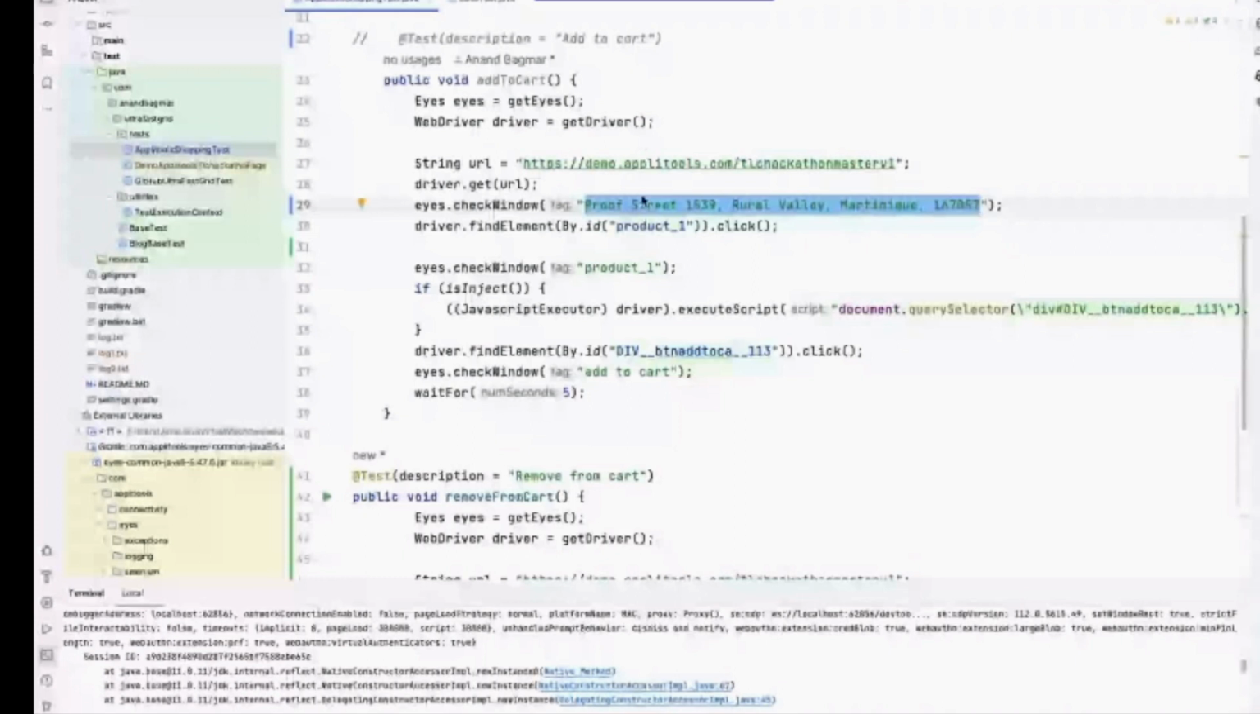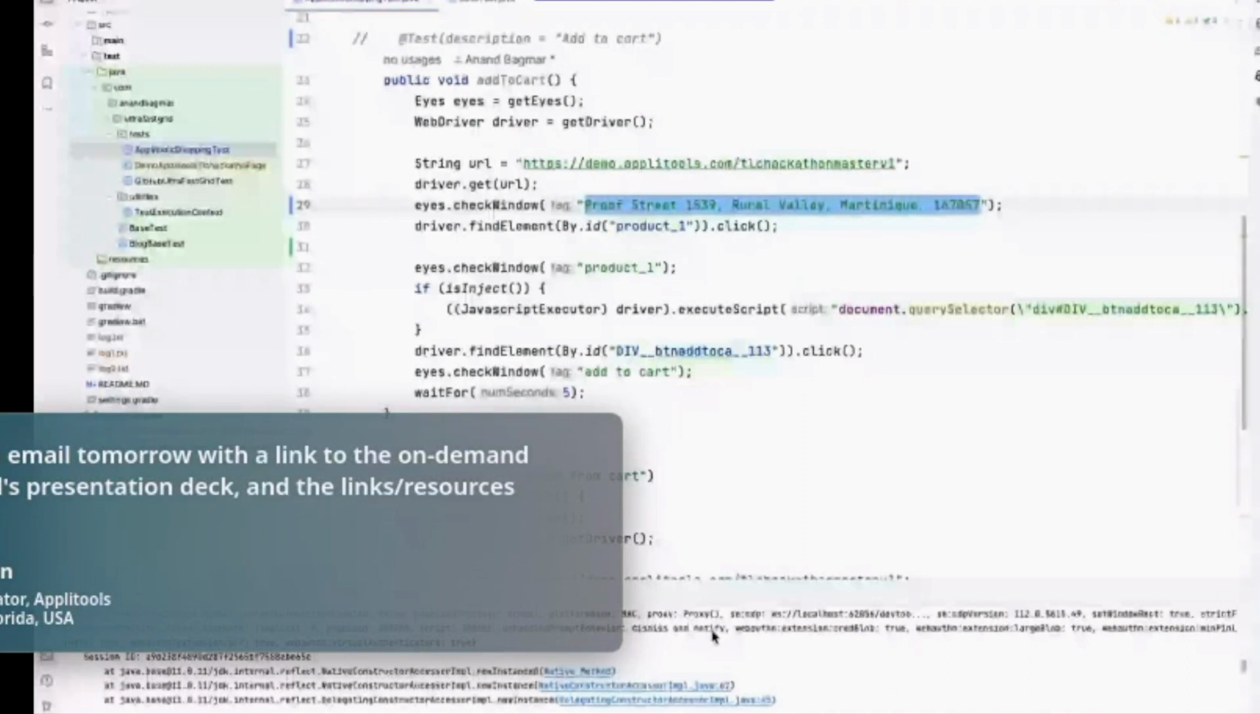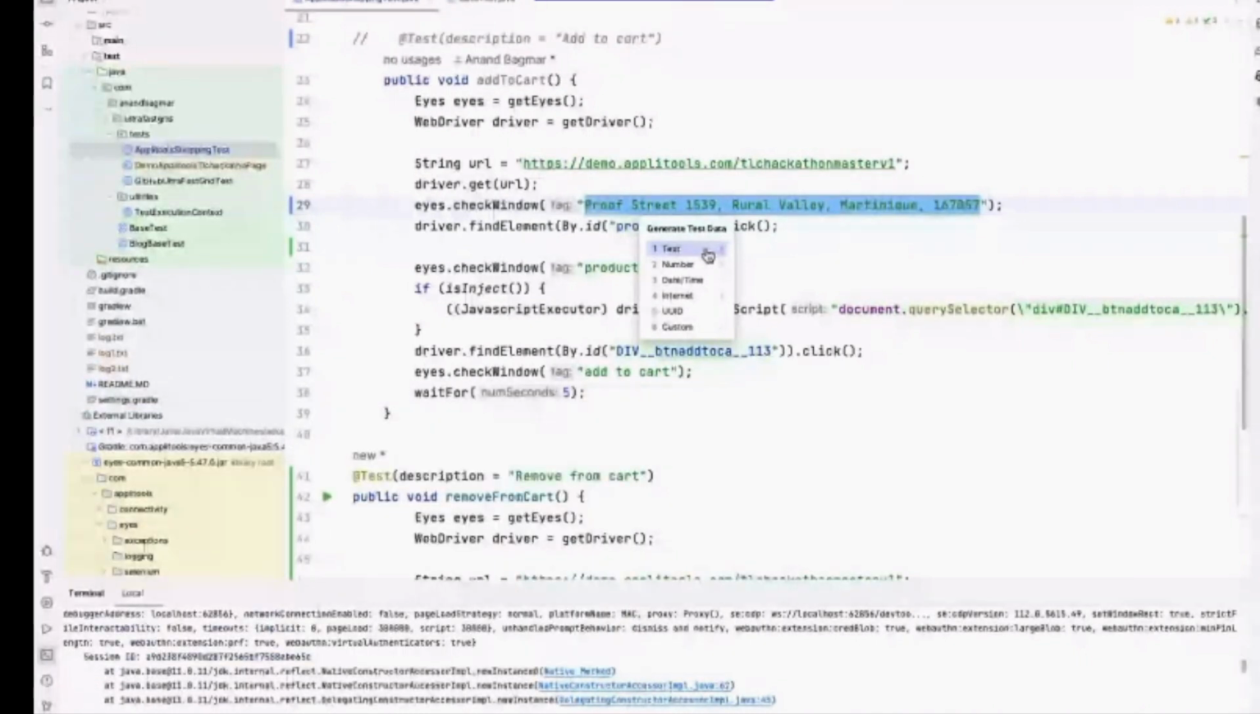But this is an interesting capability to generate test data to be used as part of your implementation. Of course, you would not want to hard code your data inside the test. What if you want to run the test against multiple environments or the data might be dynamic? So you want to make sure your test data strategy is efficient. The other way what you could do is